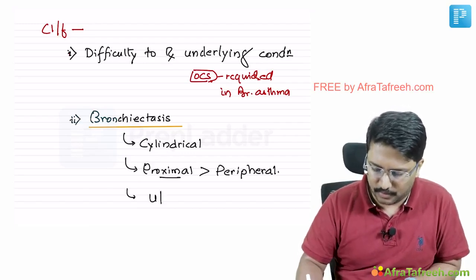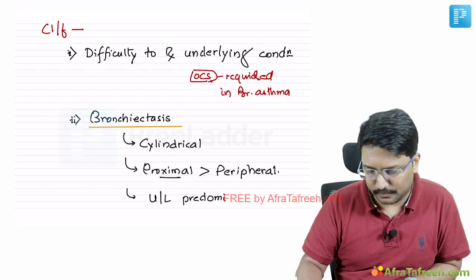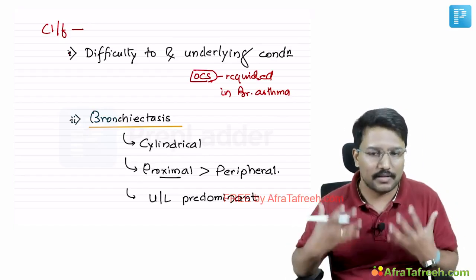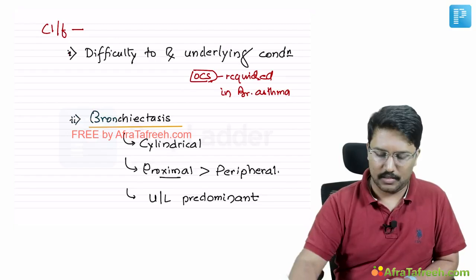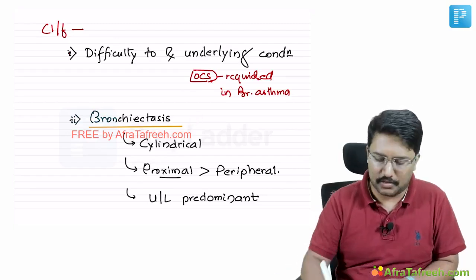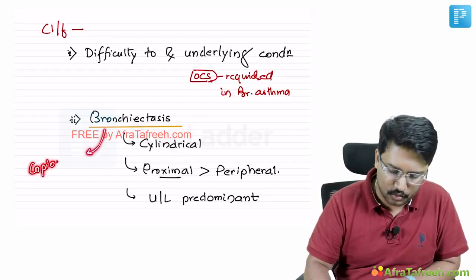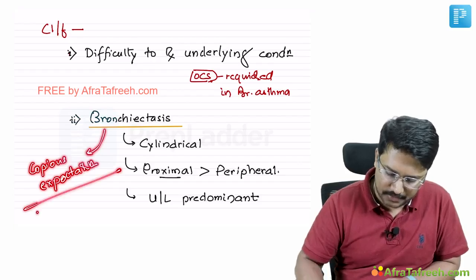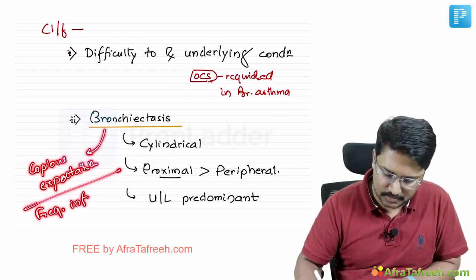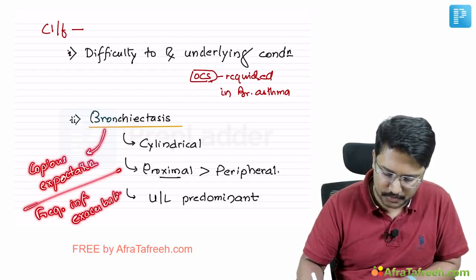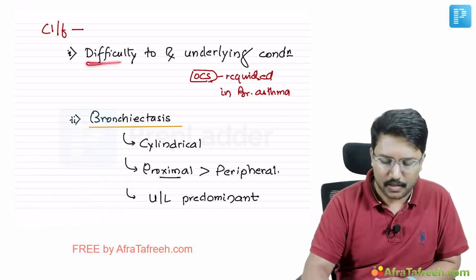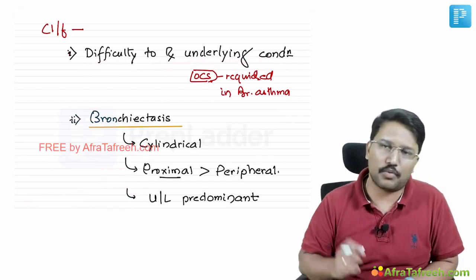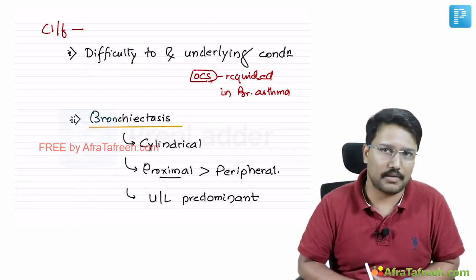And it is usually upper lobe predominant. So upper lobe predominant towards the hilum, that is the bronchiectasis we are seeing, right? And you might have the radiological evidence of bronchiectasis, and the presence of bronchiectasis may also be associated with copious expectoration and frequent infectious exacerbations. So that's the usual story of the patient, right? So please remember, the most important thing is when the underlying disease like asthma is becoming increasingly difficult to control, you should keep allergic bronchopulmonary aspergillosis also as one of the important differential diagnoses, right?